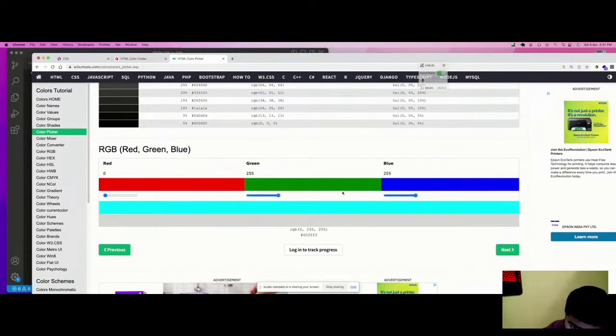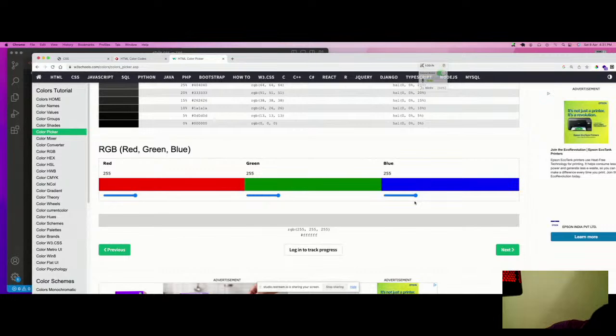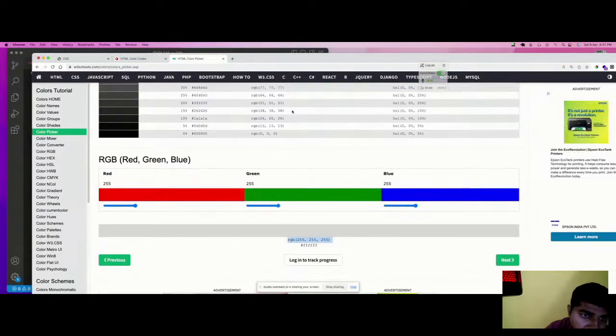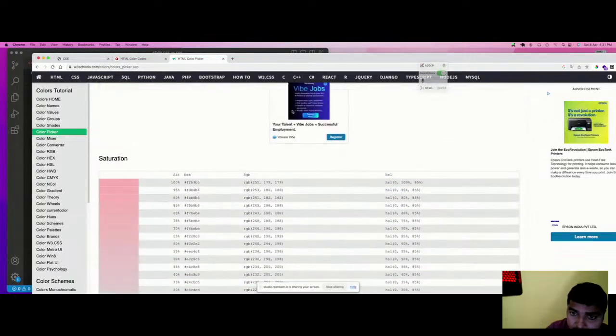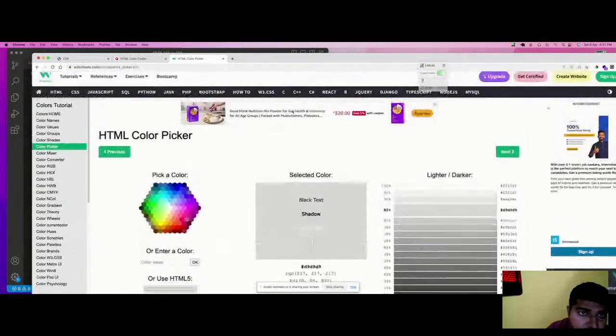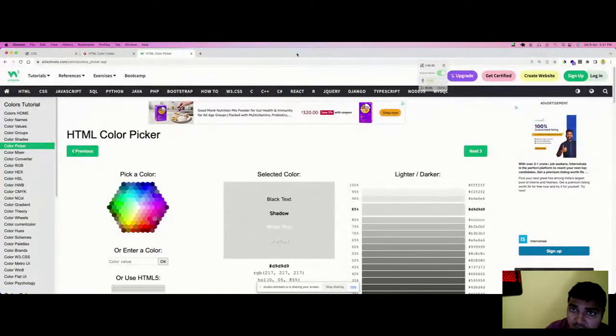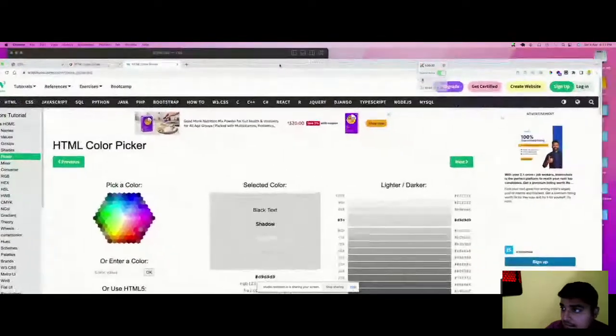For 255, it is white. RGB होता है रेड, ग्रीन एंड ब्लू। ये देखिए सामने आपके लिखा हुआ है RGB। ठीक है, तो यहाँ से कोड को कॉपी करिए, पेस्ट कर दीजिए, कलर आ जाएगा। So that is how it goes.